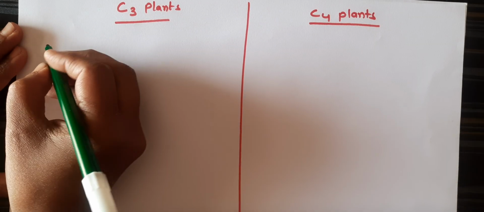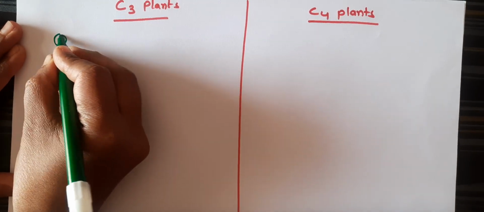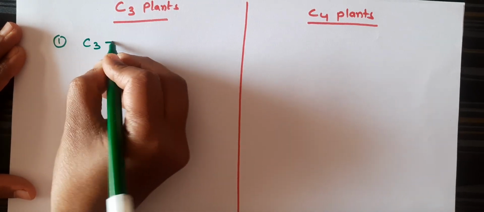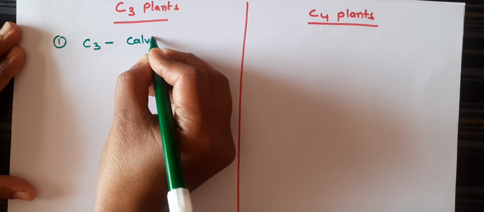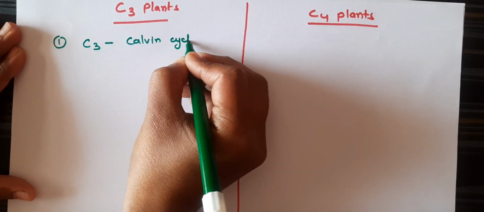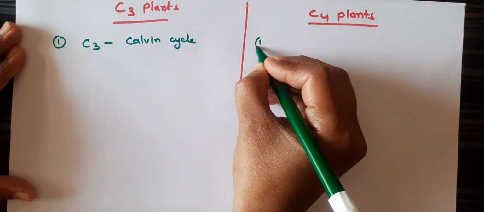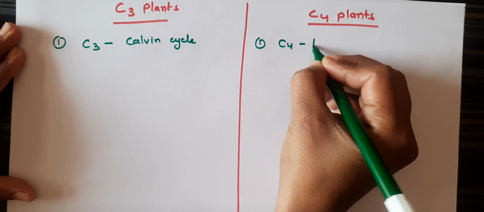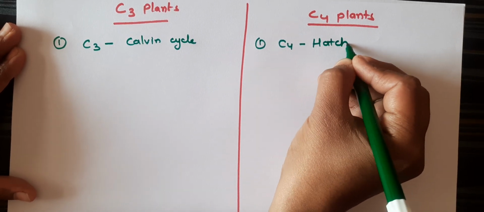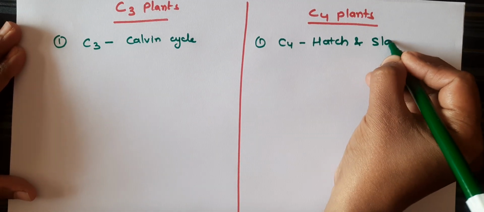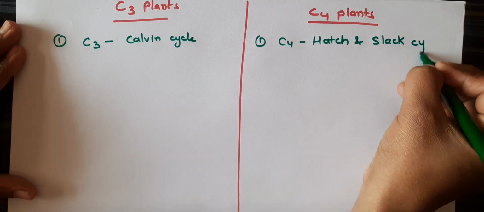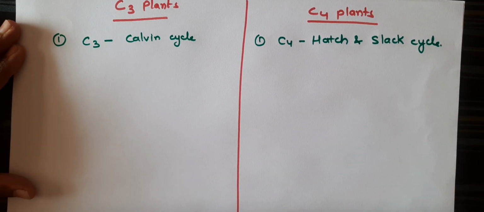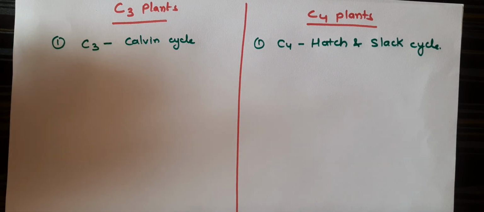So the first is C3. What is C3? C3 represents the Calvin cycle, whereas C4 represents, or is also called, the Hatch and Slack cycle. The second difference is